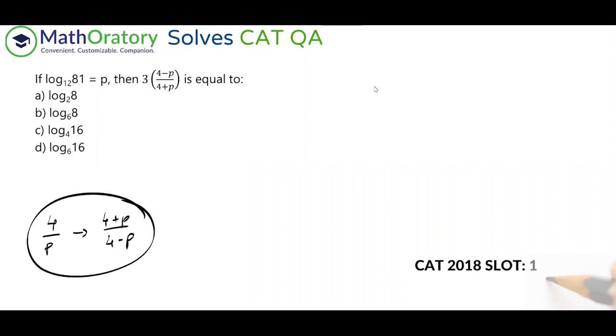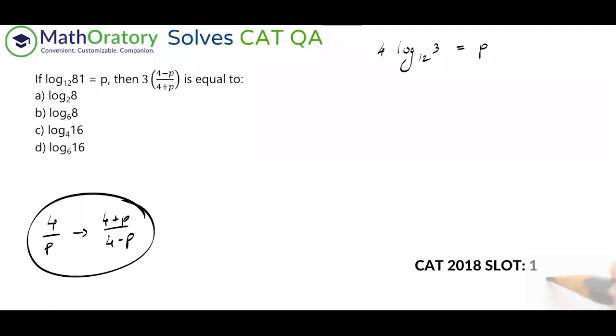So what I'll do is whatever we have. I think you can see this as well. I mean, 81 is 3 power 4, so the power of 4 comes down. That much little bit you can do mentally, I hope. So we can start with this 4 of log 3 base 12 is equal to p. Now understand, I don't need p by 4. P by 4 is not going to help me. Then I have to take a negative again. So let me start with 4 by p.